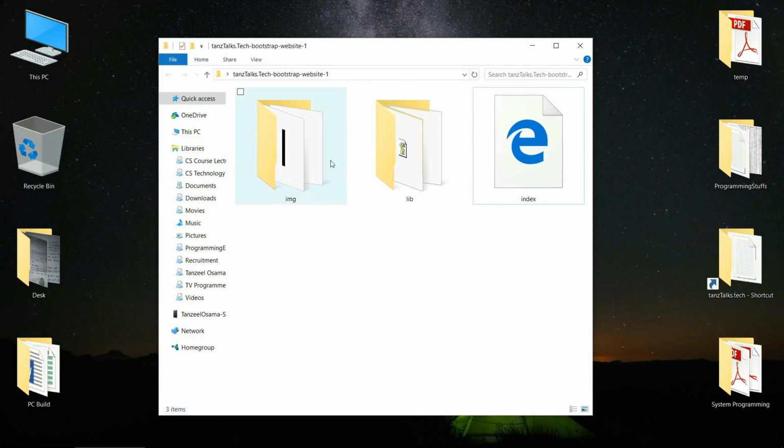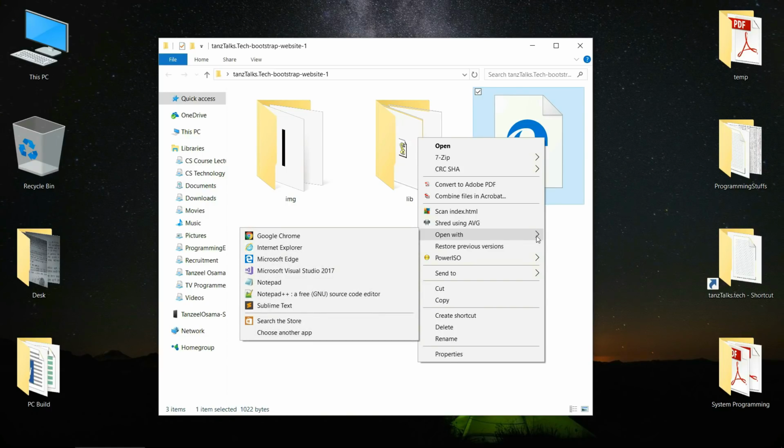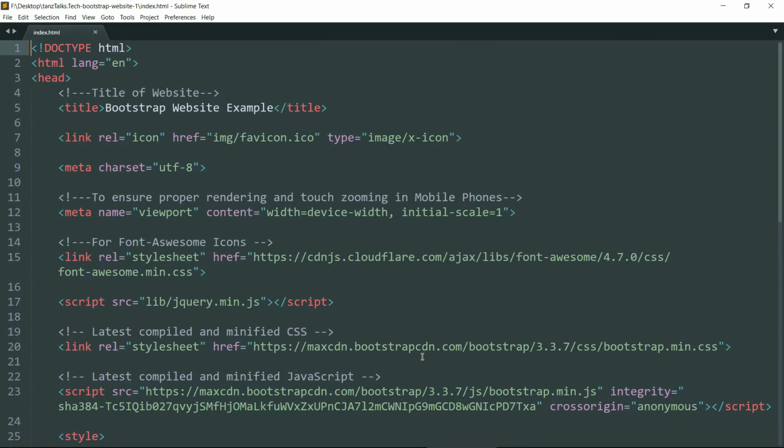Now we need to open the index file. I'm using Sublime Text. You can use Notepad++ or any other text editor that you want, but I'm using Sublime Text. Let's just open this up. Now this is how the file will look right now.